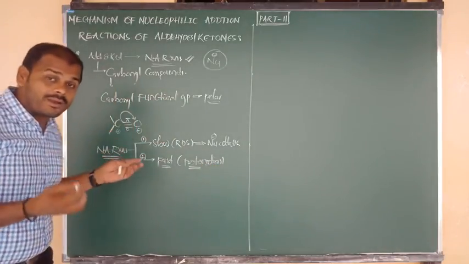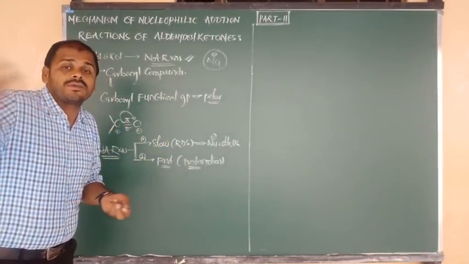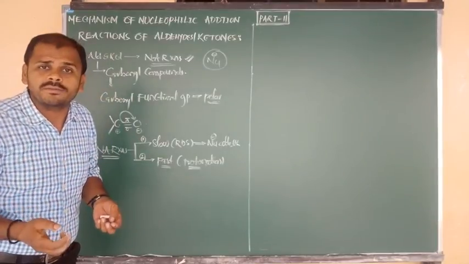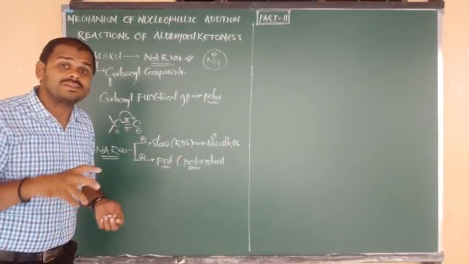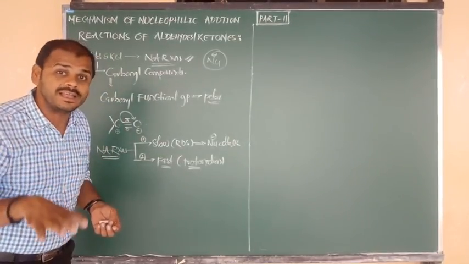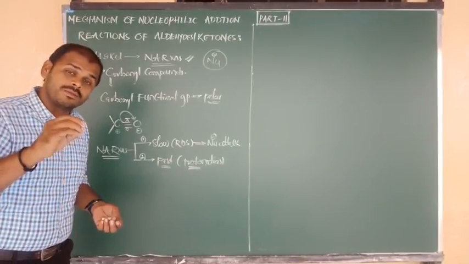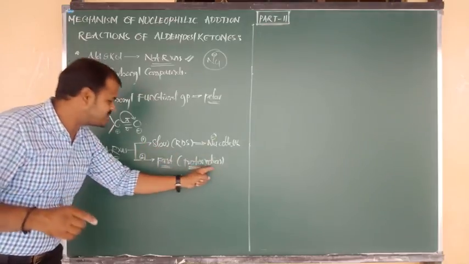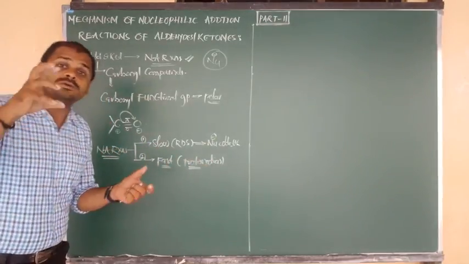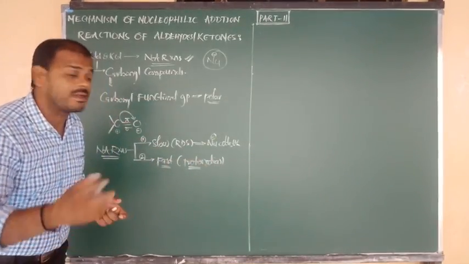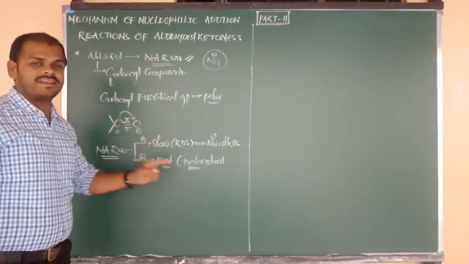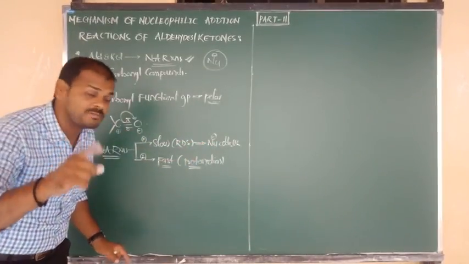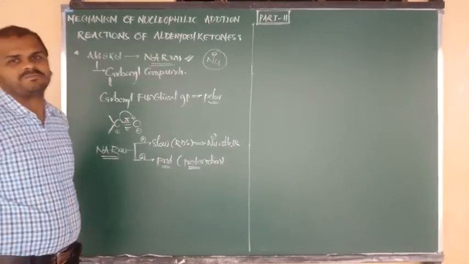So from where we have to take the H plus? From the respective medium. For suppose water molecule gives H plus, for suppose HCN gives again H plus. For suppose the water molecule gives H plus and OH minus, OH minus is the nucleophile and H plus we have to add here. For suppose HCN is the reaction medium, CN minus will attack here because it is the nucleophile and H plus will be there. That we have to attack in the fast step.